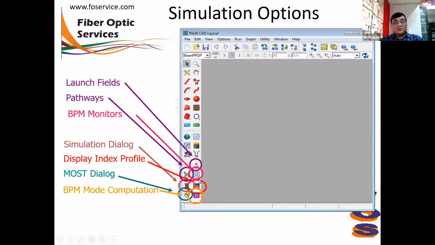These are the different simulation tools: the launch field, the pathway, a simulation button, and then displaying the index profile, using the mode calculations, and so on.